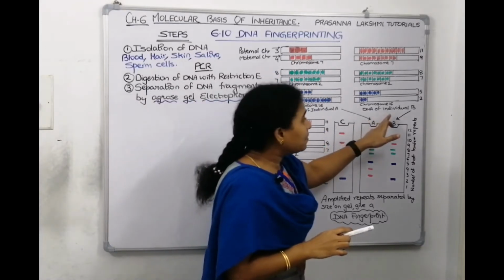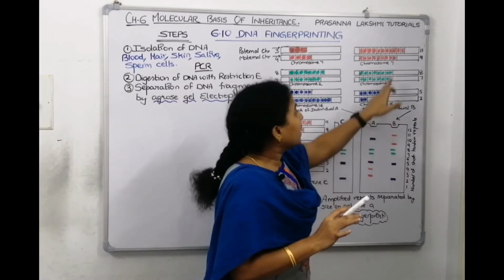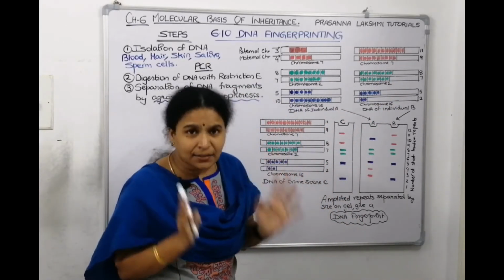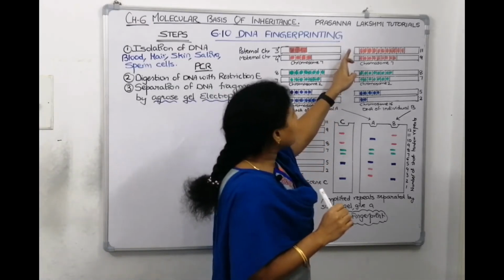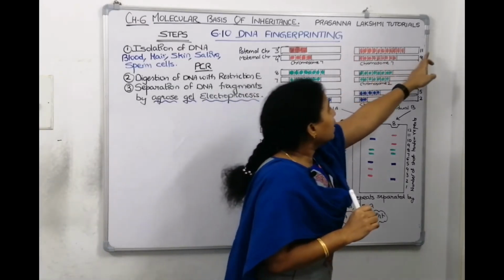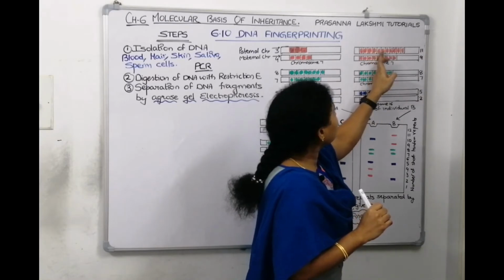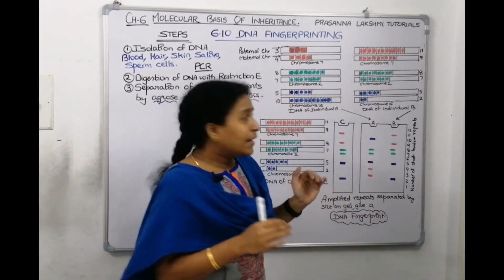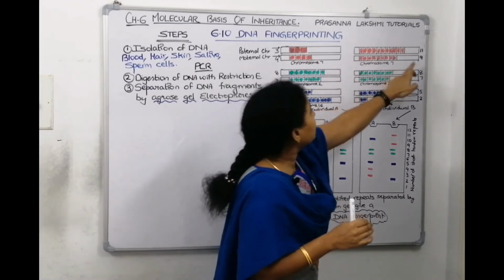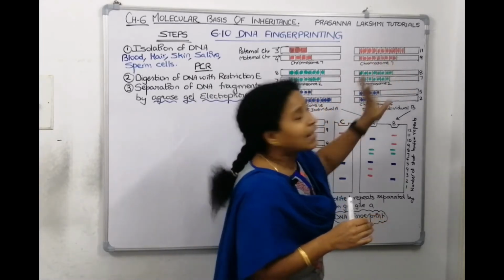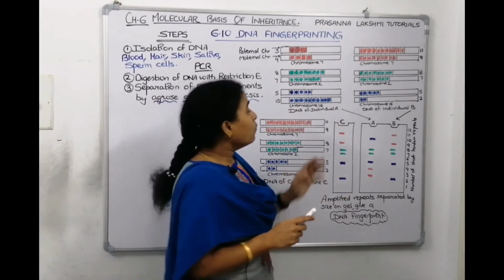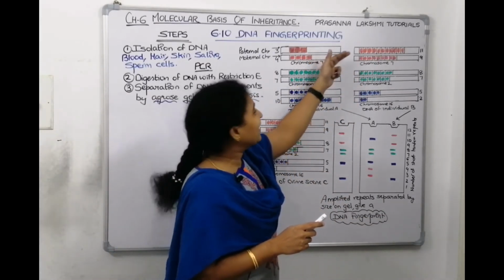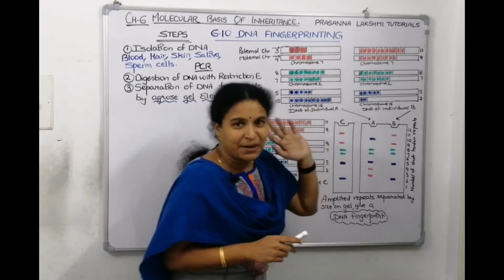Similarly, you do for person B, individual B. Take the same 7th chromosome and there also check how many repeats are there. Now, from this person's paternal chromosome, there are 11 repeats. Count 1, 2, 3, 4, 5, 6, 7, 8, 9, 10, 11. 11 repeats are there. And the next chromosome, the maternal chromosome, has 9 repeats: 3, 3, 6 plus 3, 9. So when we digest it, you are getting 3 repeats here, 4 repeats here, 11 repeats here, 9 repeats here.